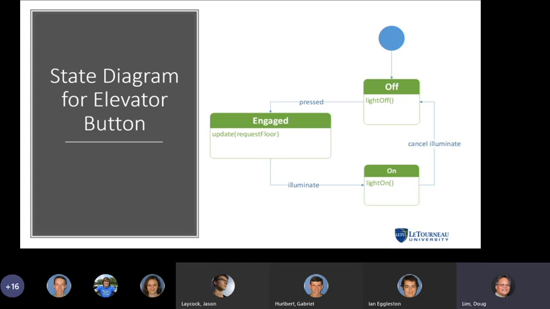You could probably argue that maybe you could incorporate the update request floor into the on state. So that is another choice. I can't particularly remember why I came up with that extra state instead of the on, but does anyone have any questions or any comments about that particular choice or any other thing that they see?